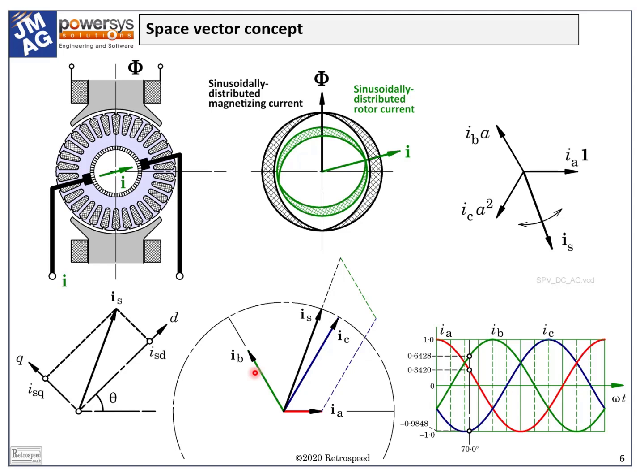Now, it should be easy to see that although this diagram is drawn in the ordinary complex plane, with the real axis along the x-axis and the imaginary axis along the y-axis, the space vector Is can be further resolved along two orthogonal axes d and q. In this dq frame of reference, the components are Isd and Isq, and they are written as real numbers.